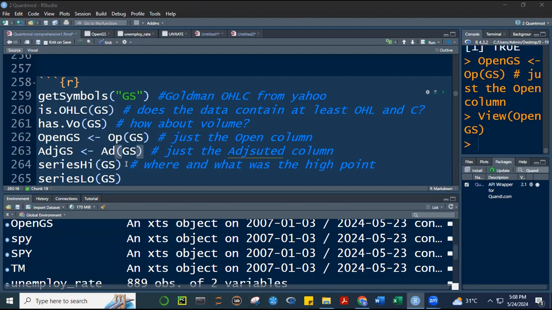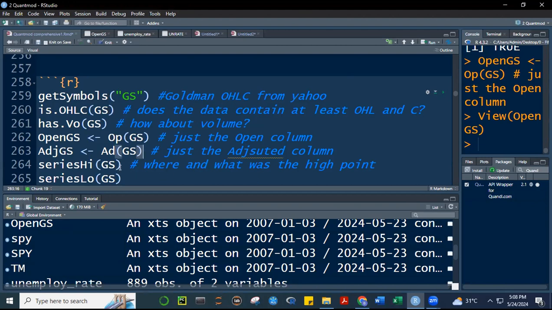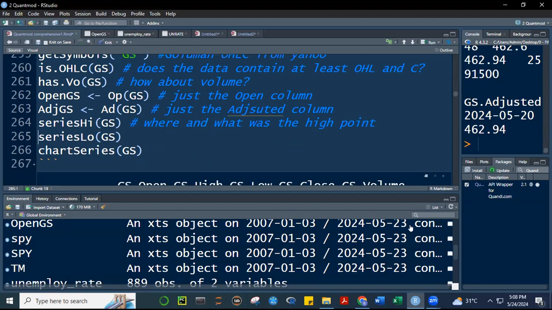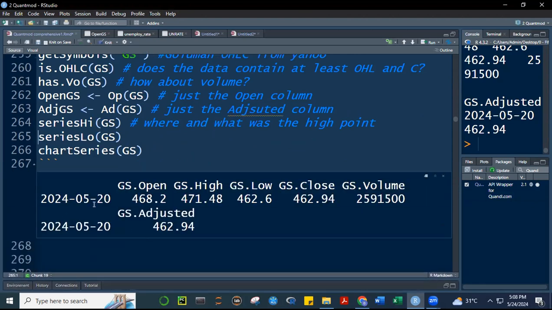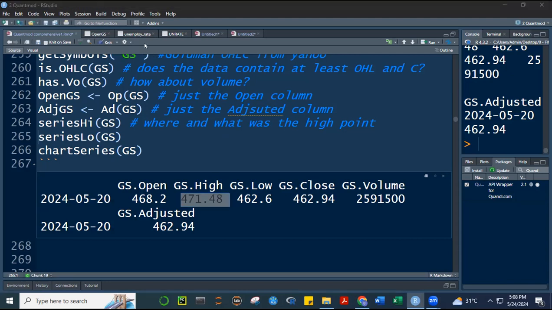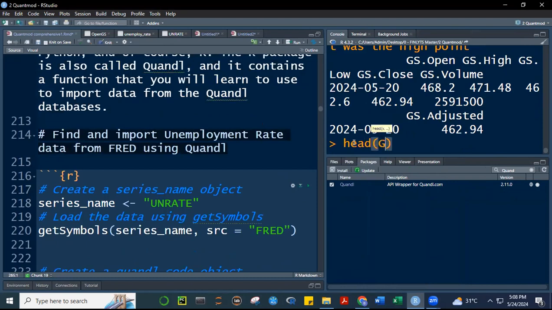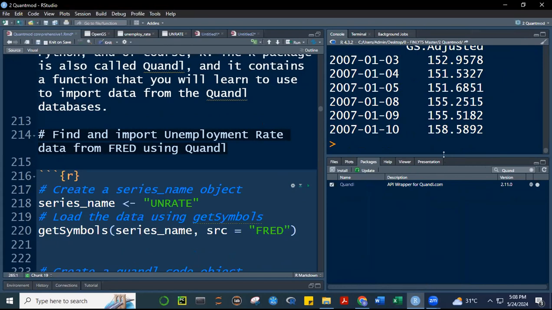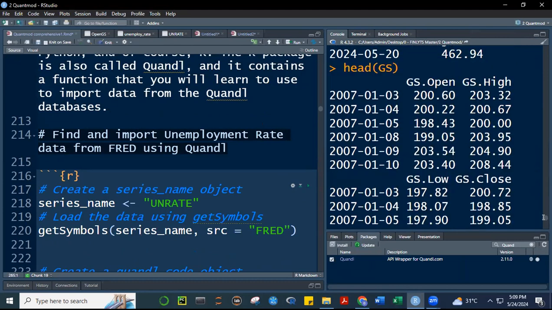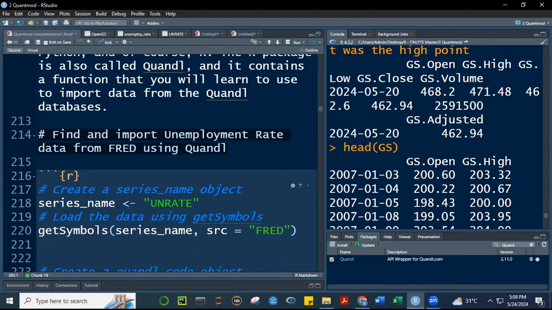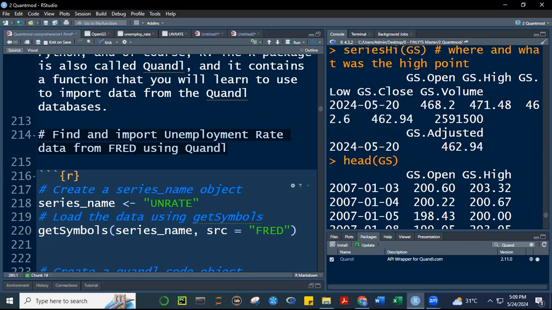All right, now this one, series high, gives us the date when the highest price of GS occurred. Let's take this series high GS, and you can see here that the highest price in 2024 was a few days ago, May 20, where the high ballooned to 47.48. Let's compare this with the starting date. Where's my GS? Access it here, head, GS. You can see that at the beginning, January 3,